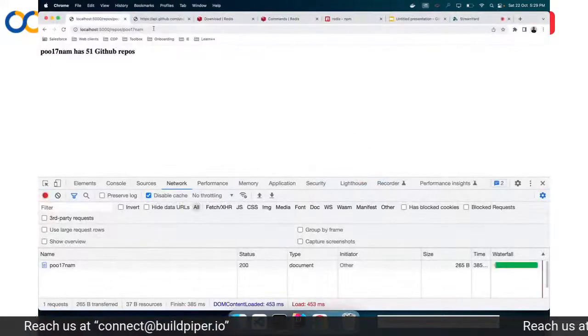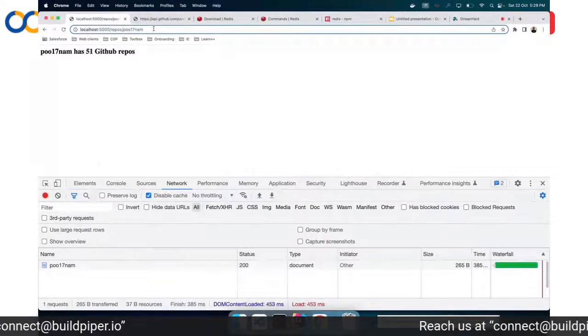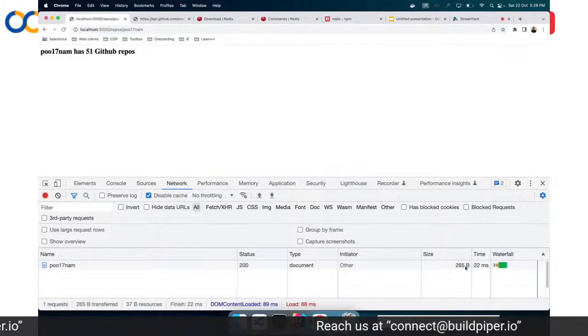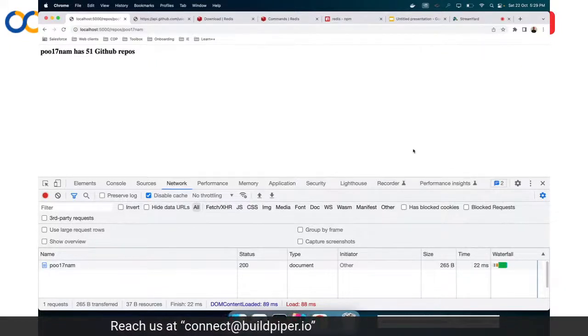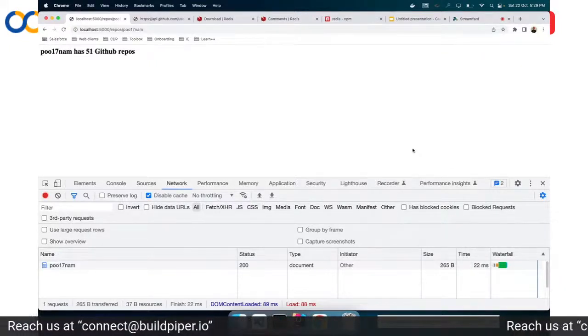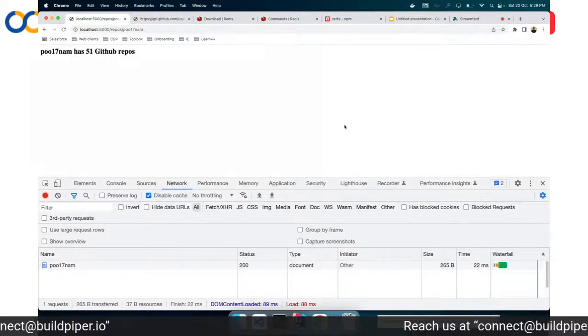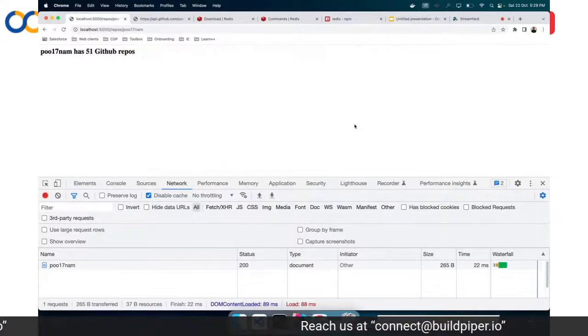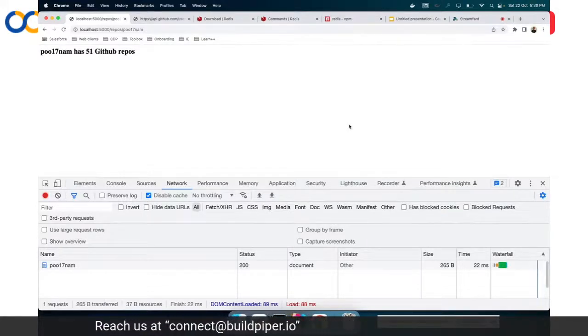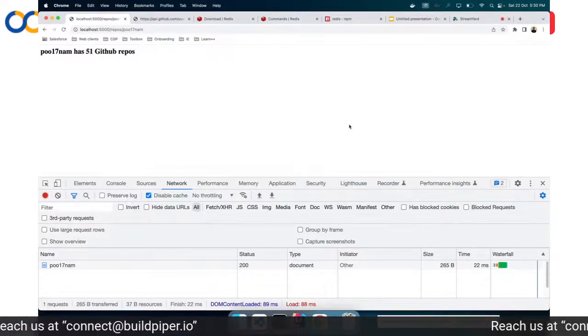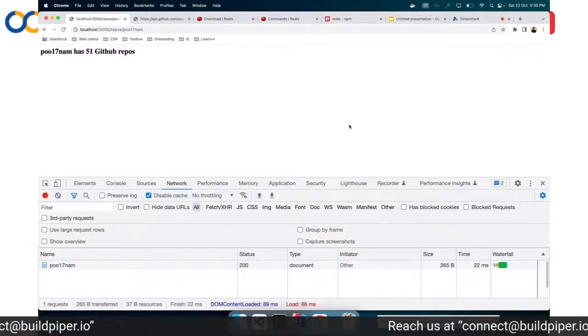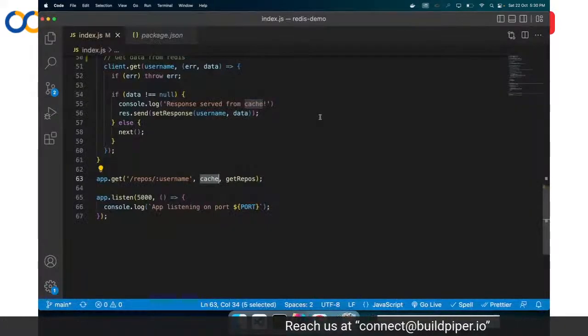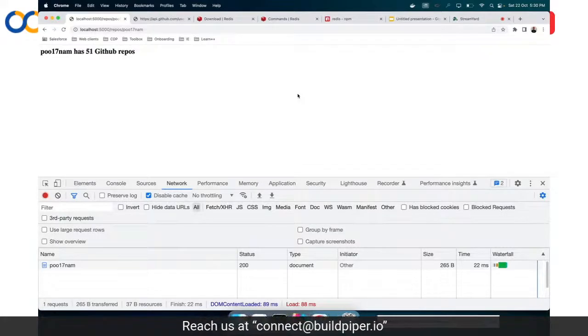So now let's see, if I go here and hit this API again, it has drastically come down to 22 milliseconds. So you can see how powerful Redis is and how you can benefit from this in your application. The load time would reduce and the user would come and stay in your application because they will experience a faster user experience there. So that's the magic of Redis, and that was the small demo I prepared for it.